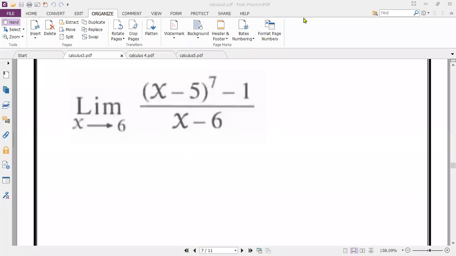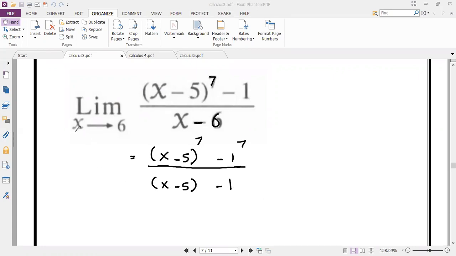Let's have a look at this one. We have x minus 5 between two brackets, all raised to the power of 7. But when we go down, we have here x minus 6. We can split this minus 6 here into negative 5 and negative 1. So that is going to be written as x minus 5 as it is to the power of 7, all divided by x minus 5, then minus 1. When x tends to 6,